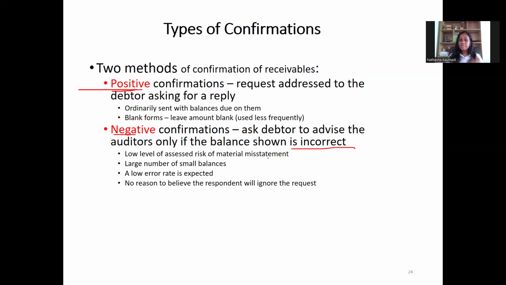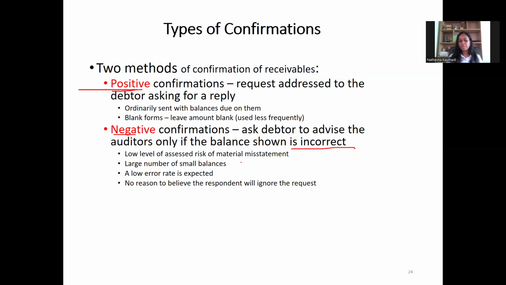So does that mean all those debtors have agreed with their balances? We don't know actually whether they agree or disagree, whether they forgot to reply to us, whether they didn't receive it. We don't know, right? So that is why it's not good. We are using these negative confirmations when the assessed risk of material misstatement is low. There's a low level of risk. There are only one or two debtors, and we check them with the invoices and subsequent settlements. They have fully settled, so no point of calling confirmation,